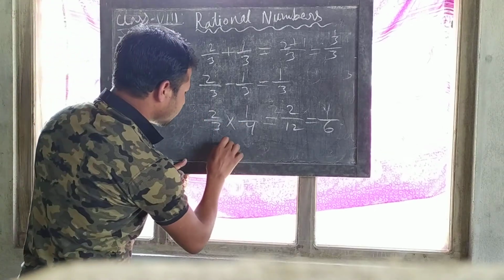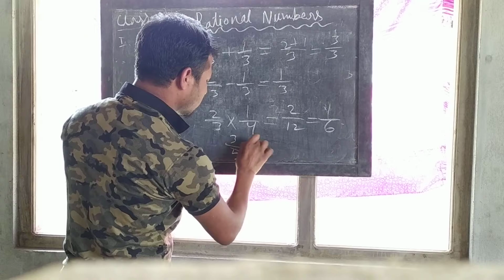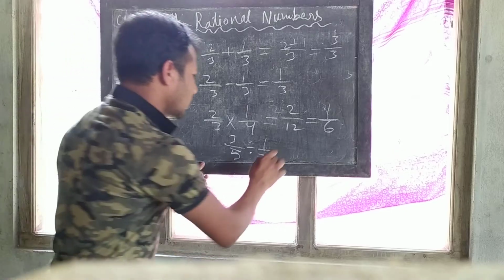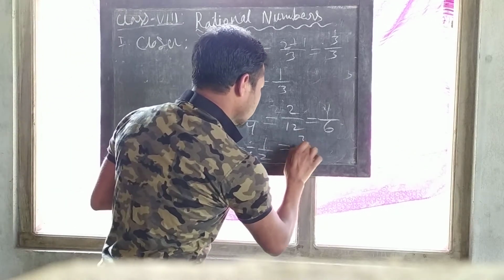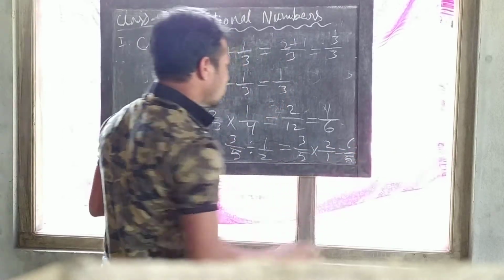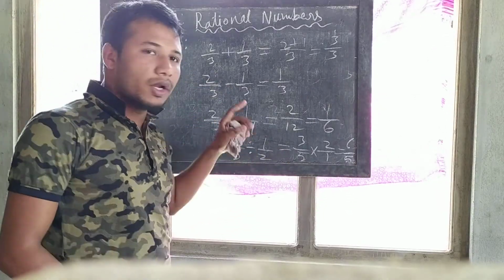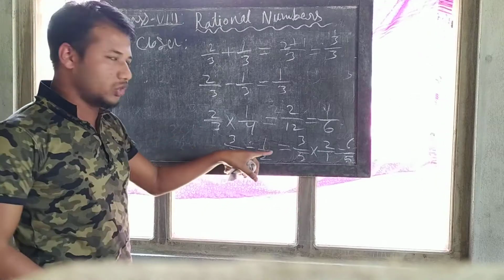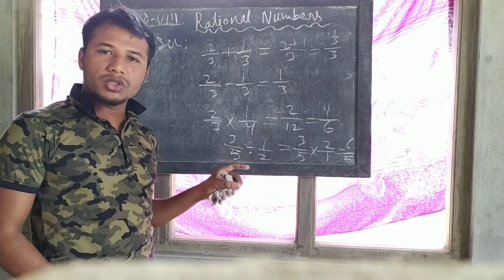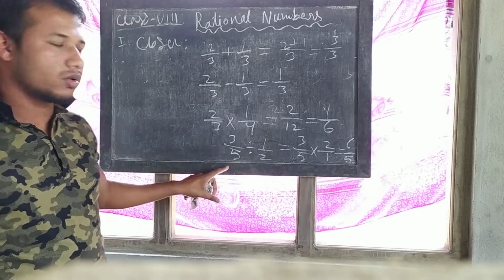And division. Suppose 3 by 5 divide 1 by 2. This also will be a rational numbers. In fact, if we multiply this, 2 by 1, 6 by 5. So, if we divide into rational number, this is again a rational number. In division, you should mention that if we include 0, for 0 it will not have closed, because division by 0 is not defined. So, if we exclude 0 from rational numbers, then it is closed under division. Okay?